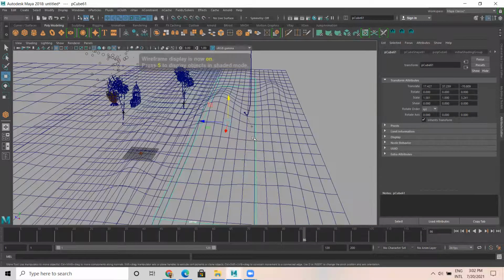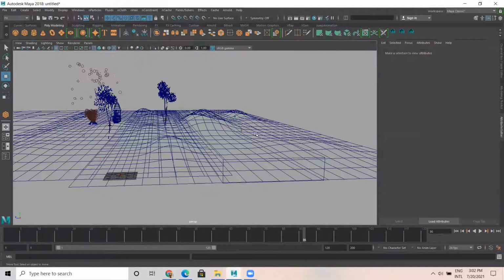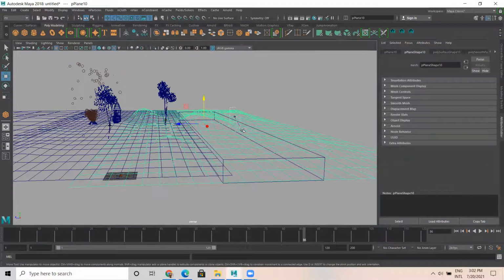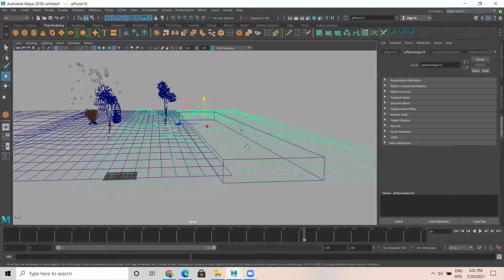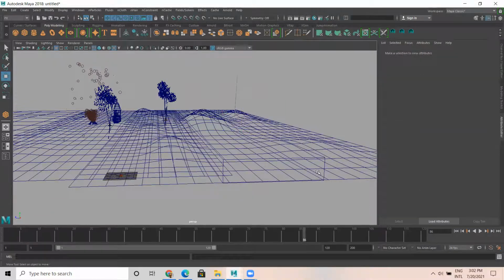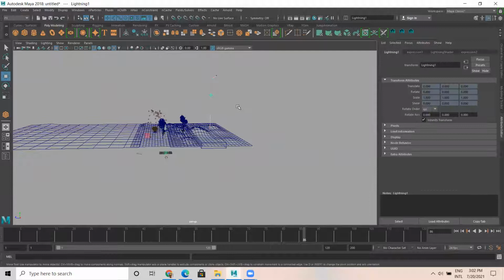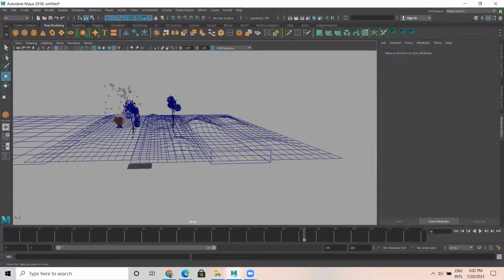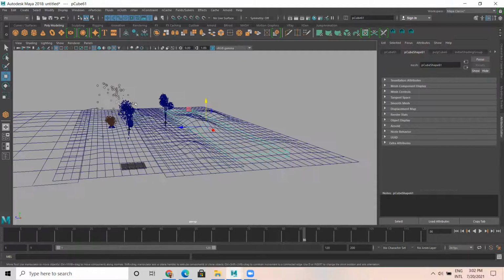I think we should check. I delete this. Let's see, let me create a simple spear first.